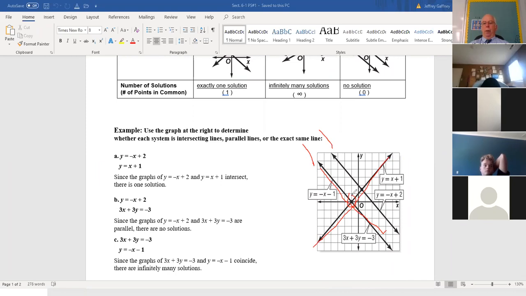And let's see, what else do I want to talk about? Oh, if you look at these two equations, they're for the exact same line. If I divide this one by 3, I get x plus y equals -1, which when I move things around is the same thing as this equation right there. On the surface, they don't look like the exact same line. If I simplify that equation with all the 3's and divide everything by 3, it'll simplify into that, okay? And the reason we did 6-1 first, but I'm not going to spend a ton of time on it,